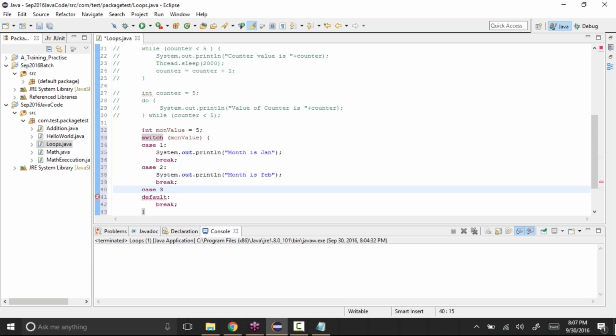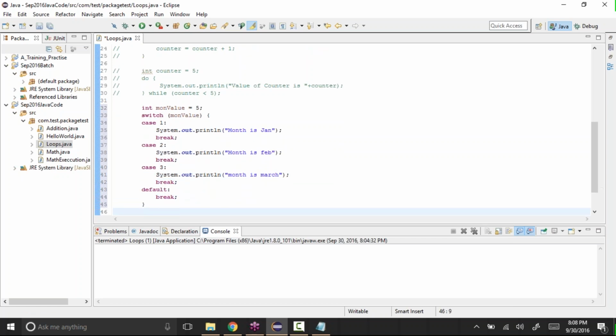Case 3, colon, SYSO, month is March, and break, like this. Okay, so like that, we can have multiple cases. So what it does is it goes and checks if the month value matches the first one.